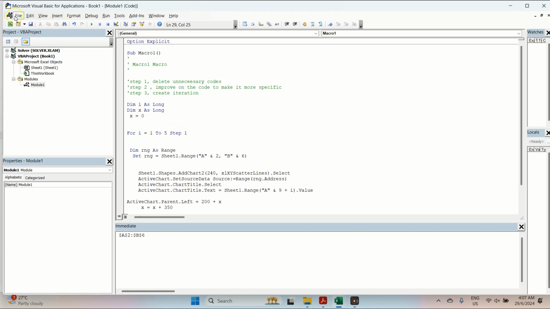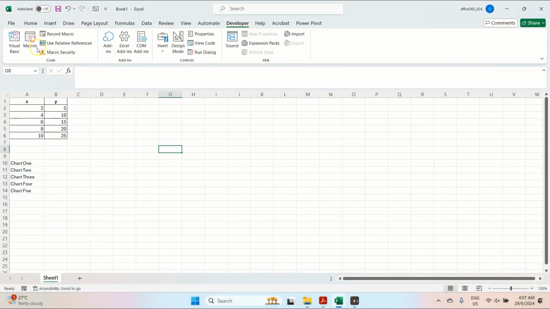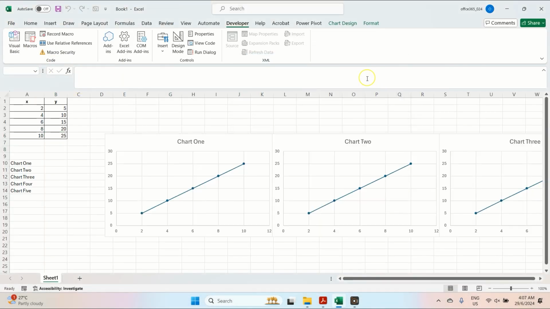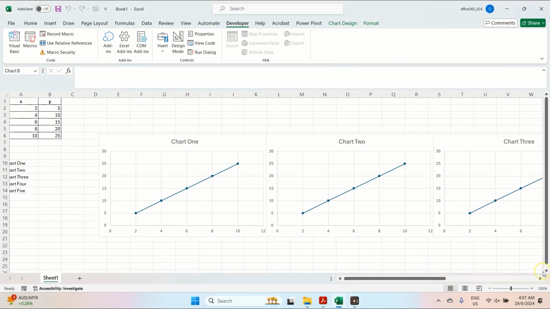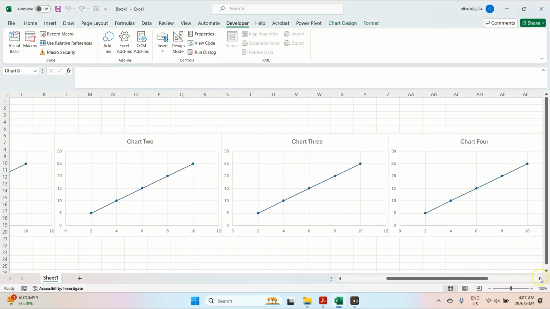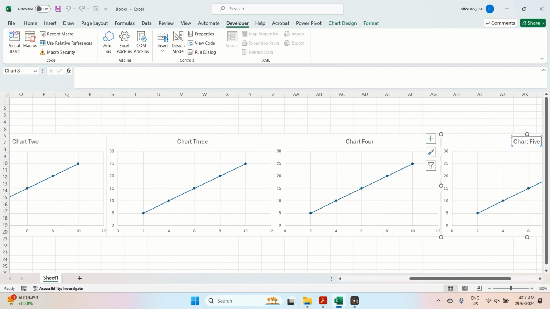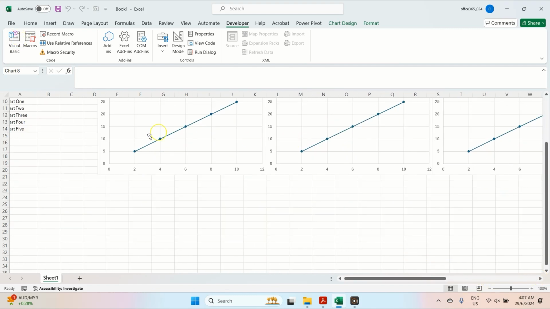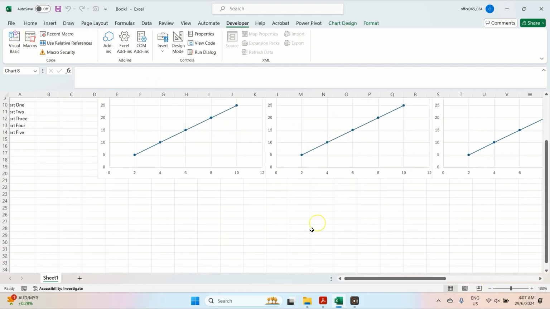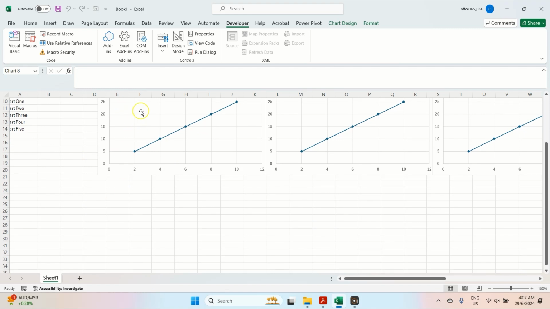Now I'm going to go back and run the macro. Look at that. I have 5 charts: chart 1, chart 2, chart 3, chart 4, chart 5. If you want to have that checkers kind of effect, where the first one is here, the second one down, the third, and so on,